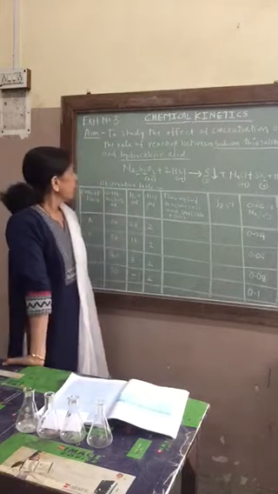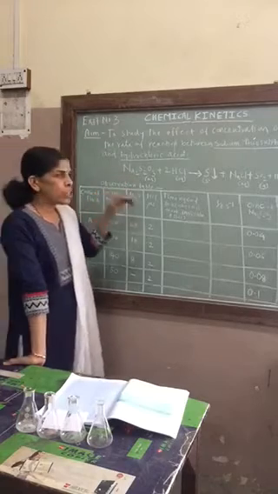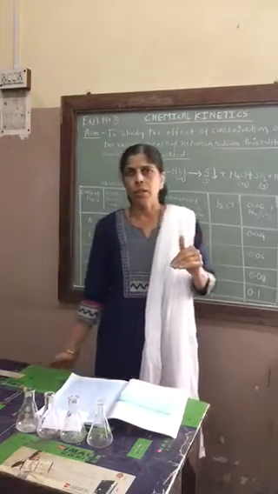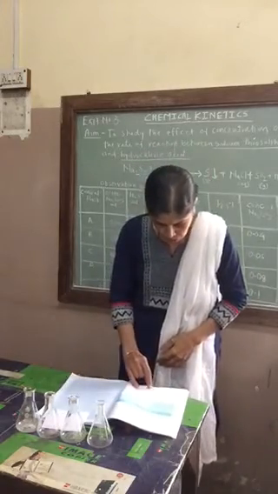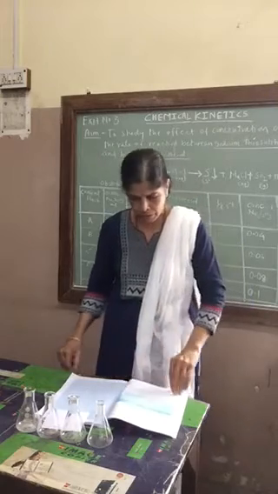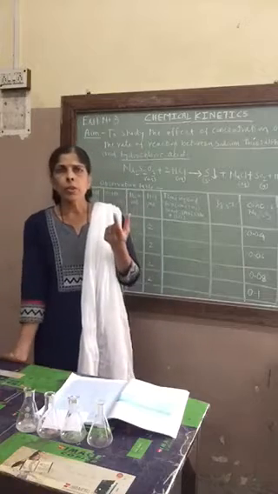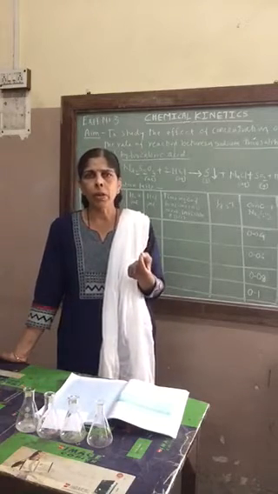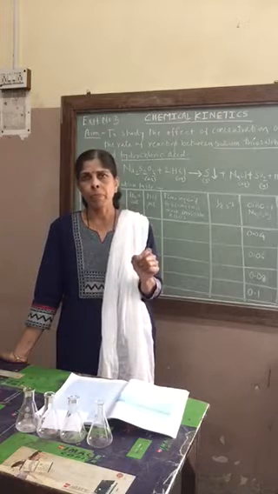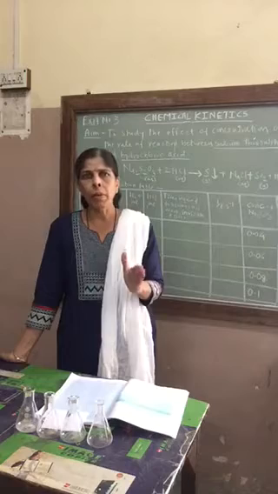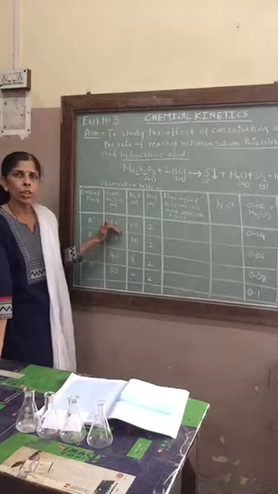Now, instead of going through the entire procedure, an observation table is given on page number 14. The experiment starts on page number 13, and the observation table is given on page number 14. From that observation table only you will be able to remember the procedure. There will not be a handbook with you at the time of the exam. So you will be able to remember the procedure if you know this particular observation table by heart.